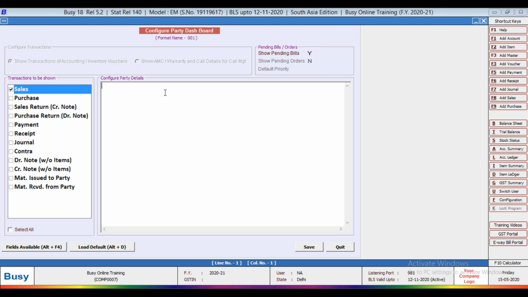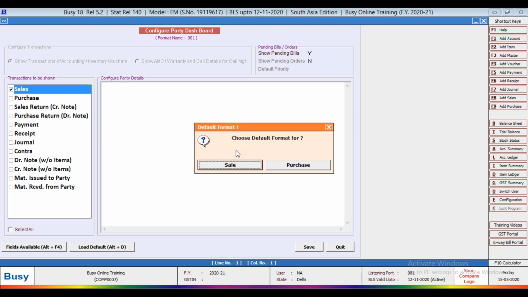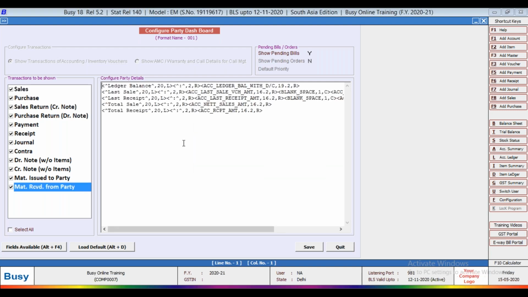Yes. Use default for sales. Ledger balance, account ledger balance with debit credit, last sale account, last sale voucher amount, then last receipt account, last receipt amount, total sale, how much total sale has been done on this ledger, and total receipt.